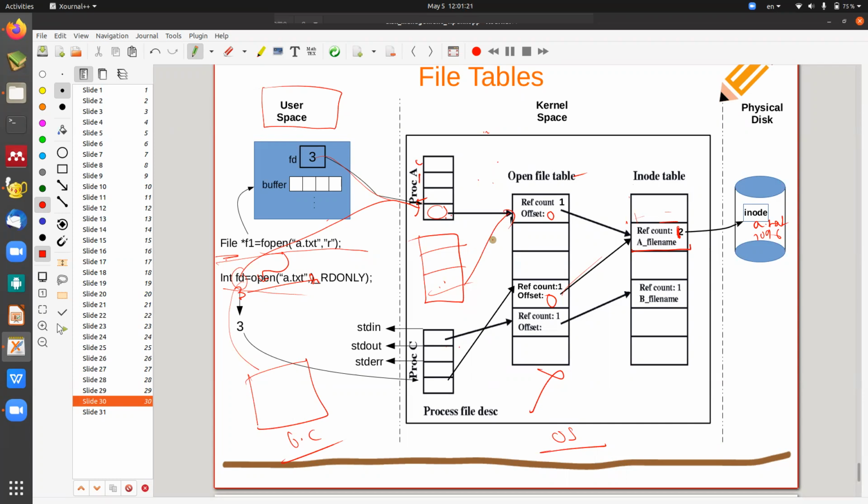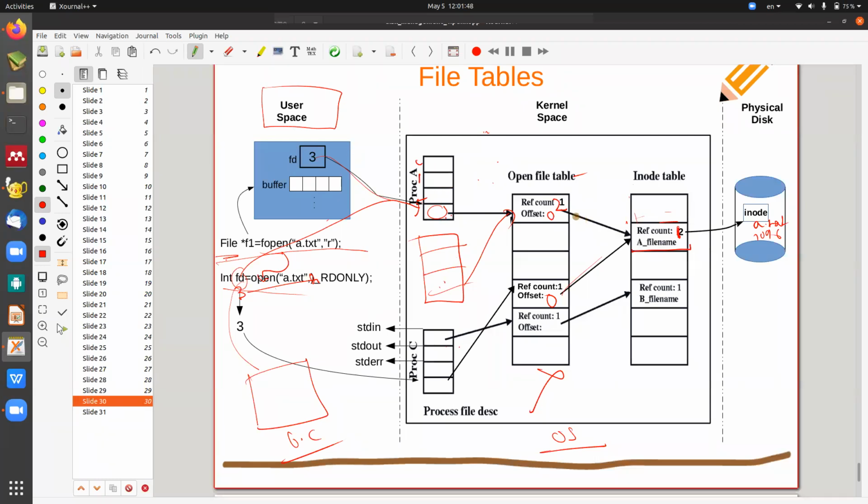समझ पाए? यस. अगर समझ पाए, इसका रेफरेंस काउंट अभी कितना हो जाएगा? 2. लेकिन इसका रेफरेंस काउंट अभी कितना है? 1. बिकॉज द सेम प्रोसेसेस का चीज अभी रेफर कर रहे हैं. सो ए चेंज नहीं हुआ, बट प्रीवियस केस में क्या चेंज हो रहा था? This is going to be 2, this is going to be 2. Why? Because there are two different processes referring to this one, but now एक process का child is referring